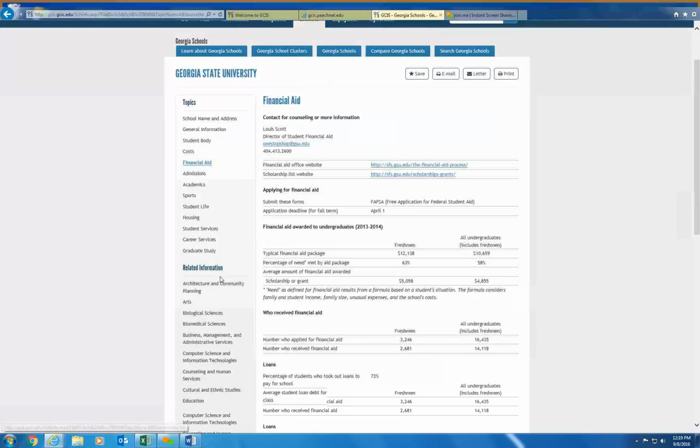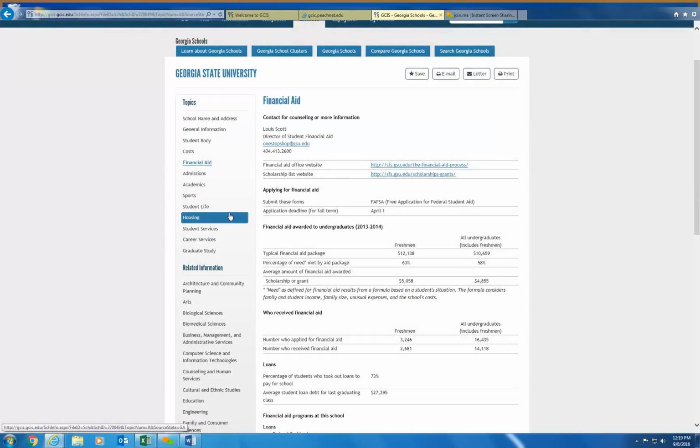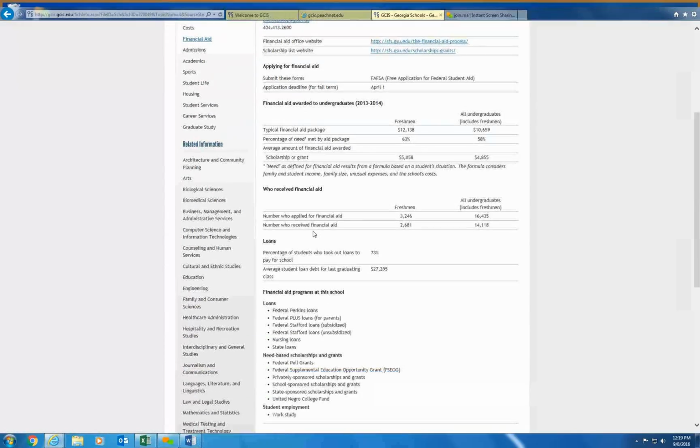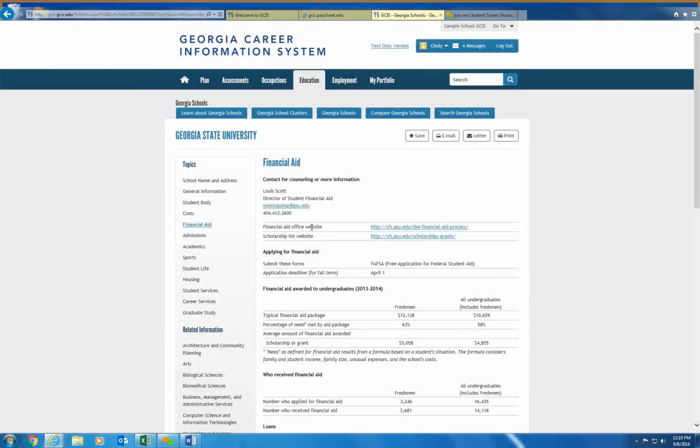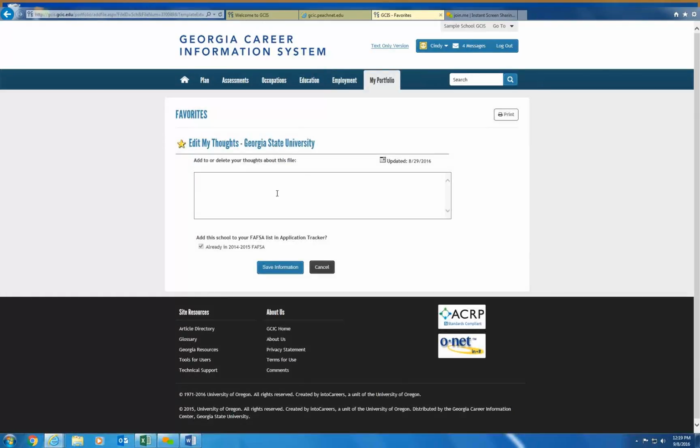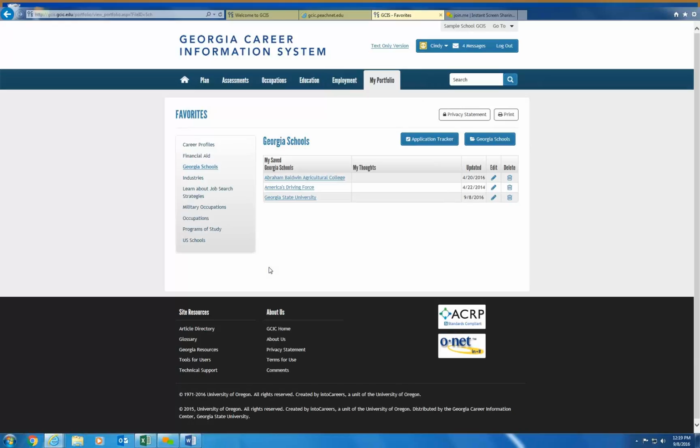All right, so we will make sure that you have that information available to you. After your students explore their occupations and explore their schools, they will have an opportunity to go to the top and click Save. After you click Save, your students can elect to type something in, or they can leave it blank. They would click Save Information, and this now becomes a part of their post-secondary school.